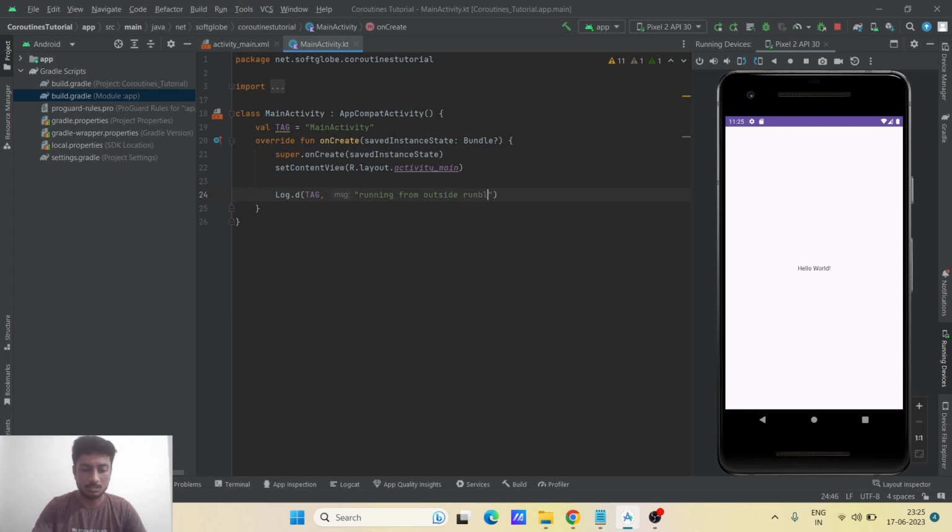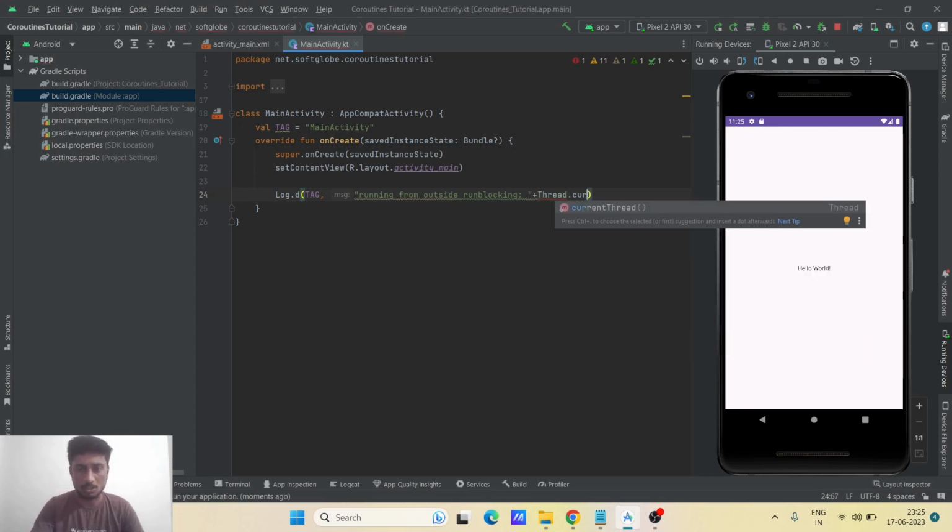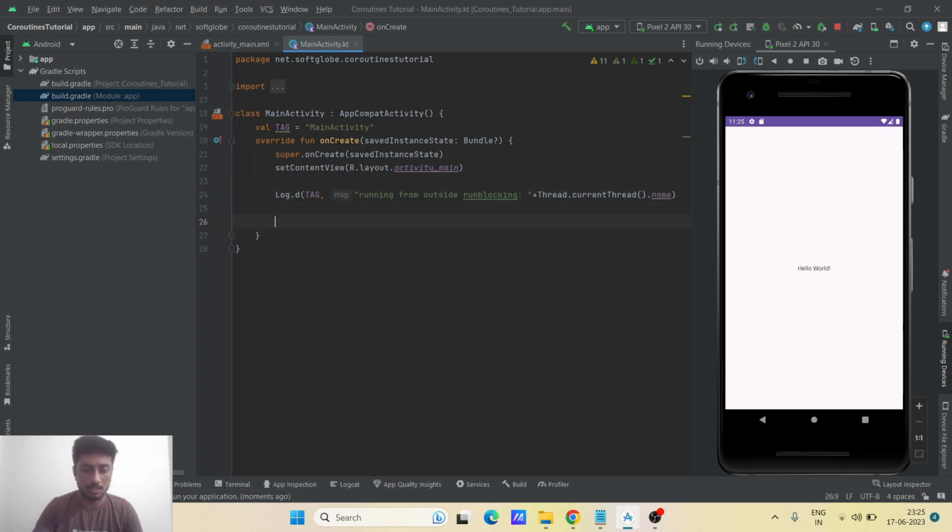Outside run blocking, we'll put the thread name here, Thread.currentThread().name, and here we'll start run blocking. As you can see here, this is a coroutine. So this is also one of the coroutines, but it freezes the UI. It runs everything on the main thread. So we can just copy this one